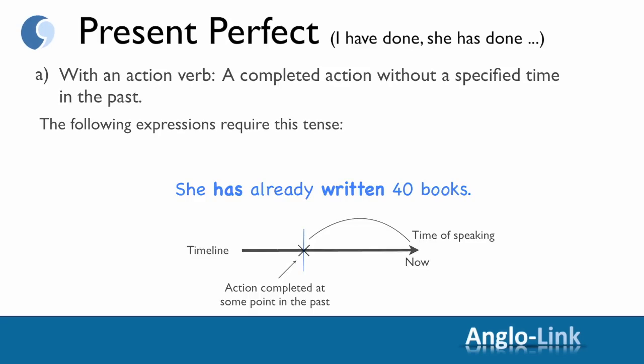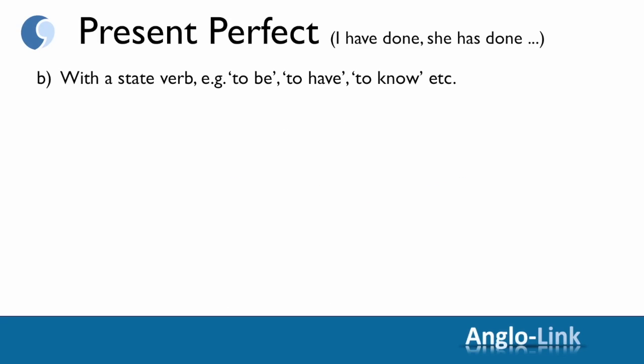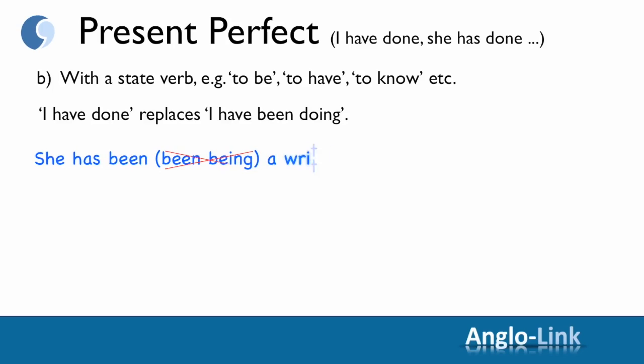Now, looking at the present perfect tense with state verbs, it's completely different. Remember that a state verb doesn't take a continuous tense. So, with a state verb, the present perfect has replaced the present perfect continuous. Which means that, with state verbs, the present perfect shows a state that continues from the past to the present. For example, she has been a writer for 15 years, because we can't say she has been being a writer